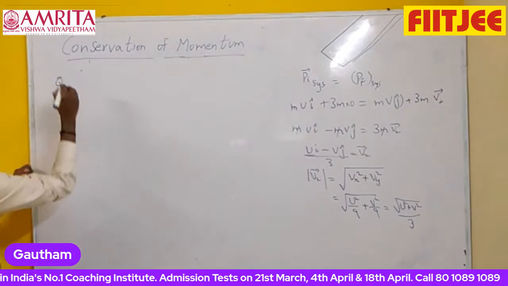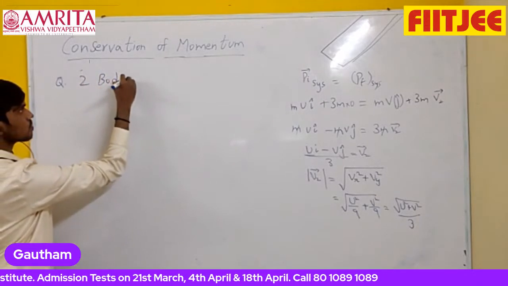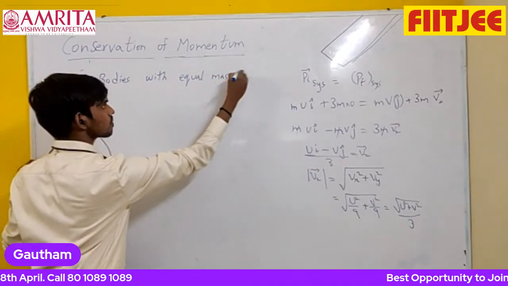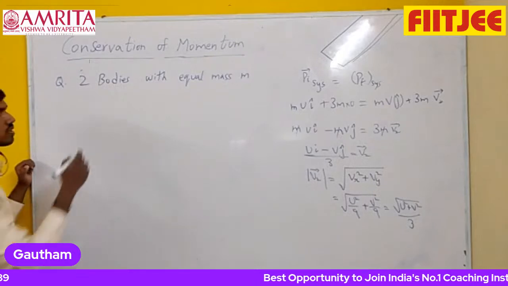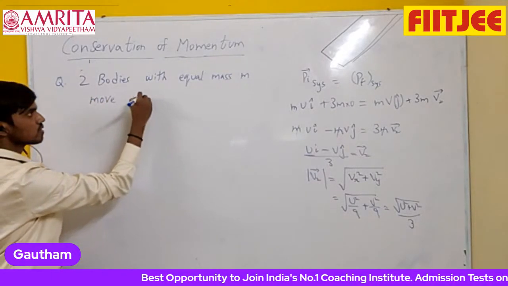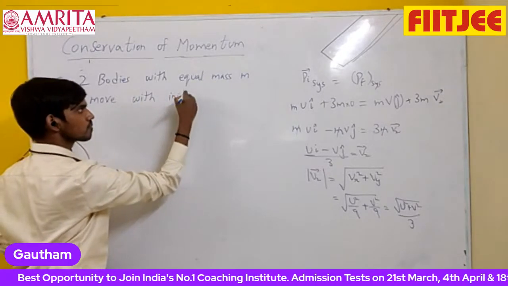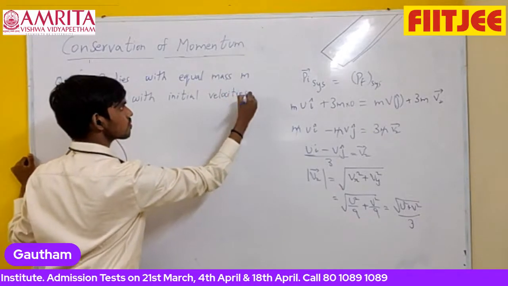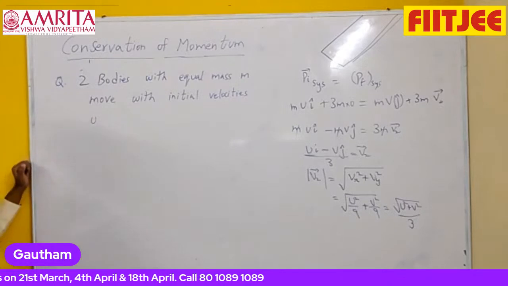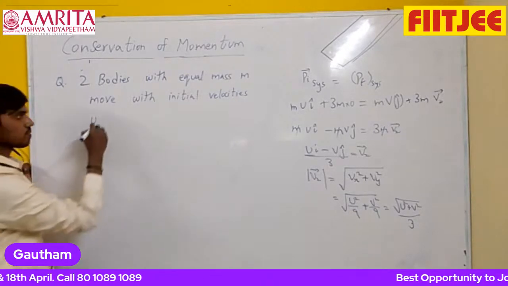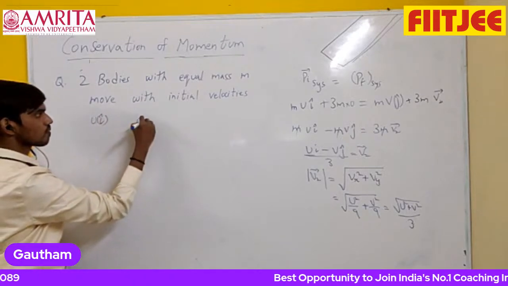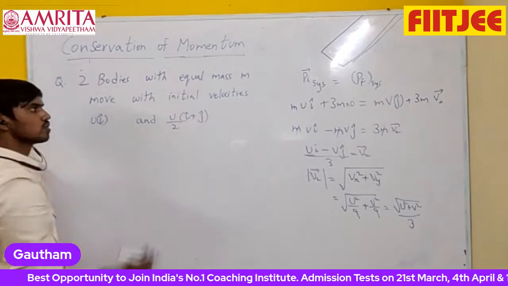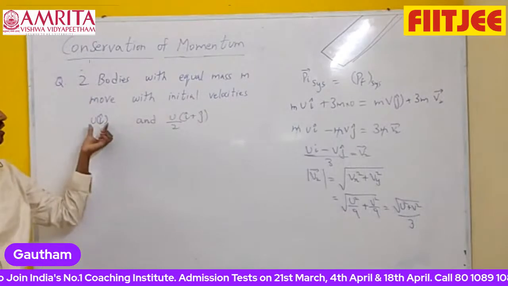So now next, two bodies with equal mass. So two bodies with equal mass move with initial velocities: first body has only u in i cap direction, second body has u by 2 i cap plus j cap. So both bodies have equal mass and initial velocities,